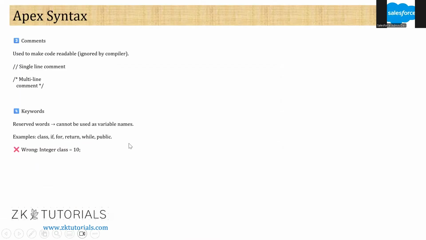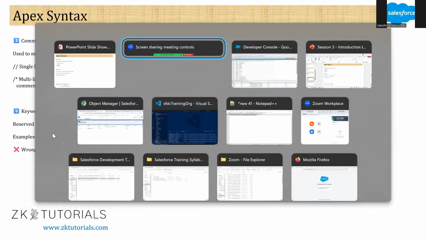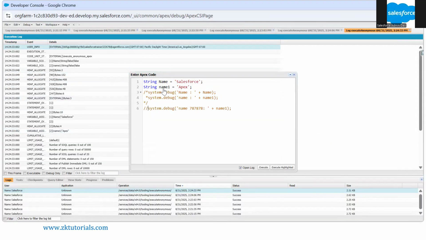Now, keywords. Reserved keywords cannot be used as a variable. For example, there are some reserved keywords which are a part of the coding: public, while, if, return, class. All these are keywords because they are part of the compiler tool. Like if you are writing public class and the class name, that means public class is always going to be a reserved keyword for the compiler. It will not be allowed for creating a variable. For example, here if I write class equal to apex,